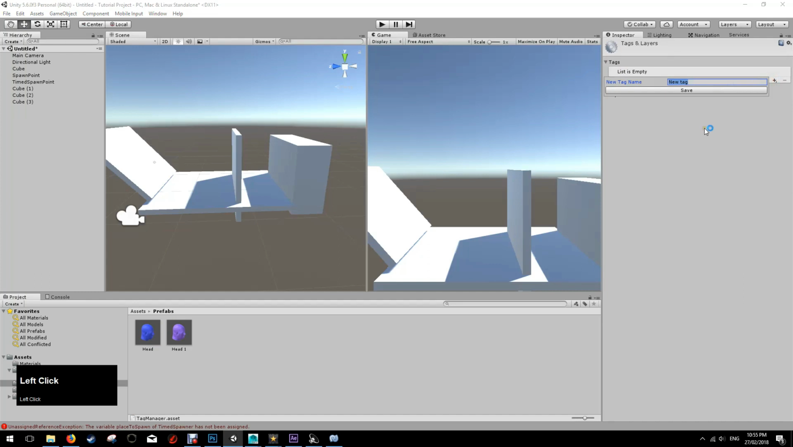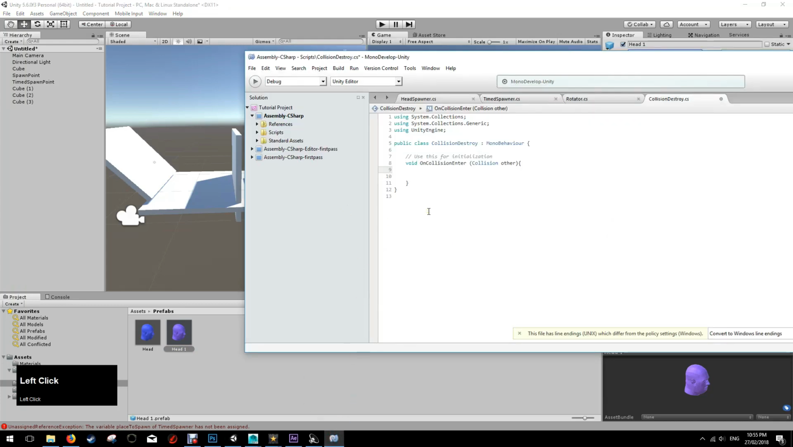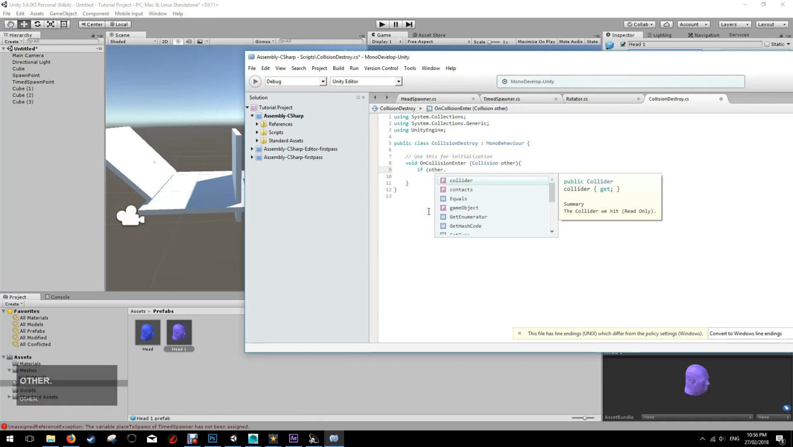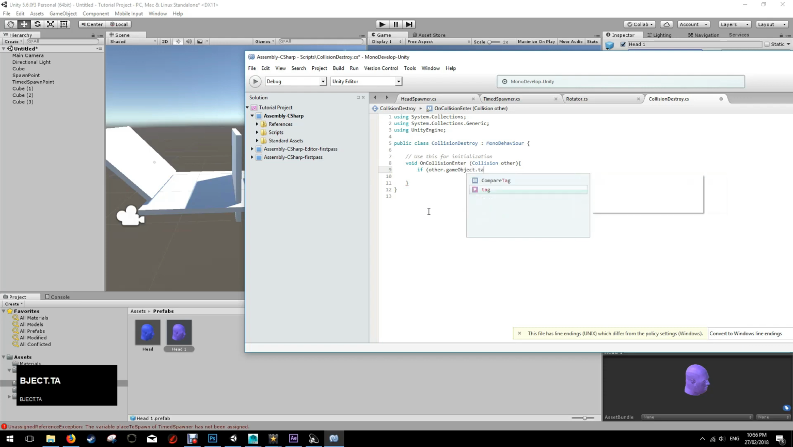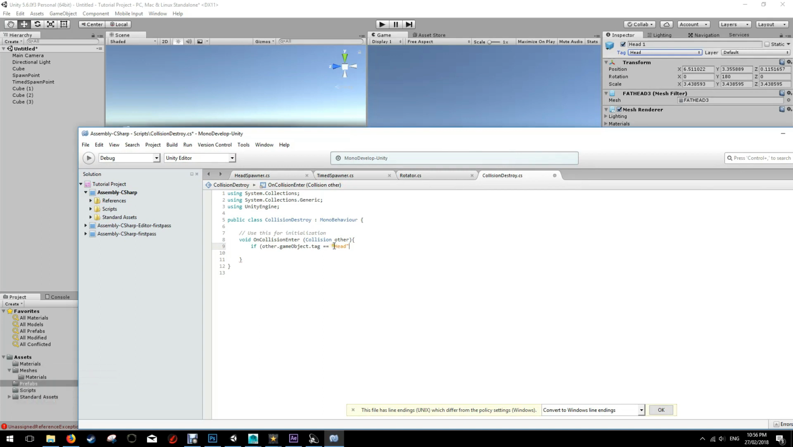Going to create, it's going to be called head, save. So this is a head object, and this is also going to be tagged with a head tag. And we're going to go if other.gameObject.tag is equal to head. So a tag is a string, and it's going to read the string to check that it's called that